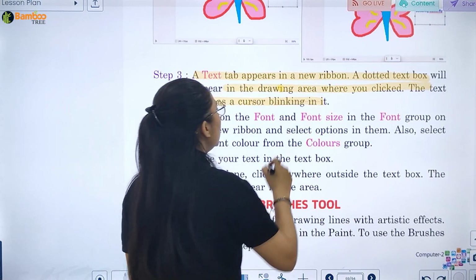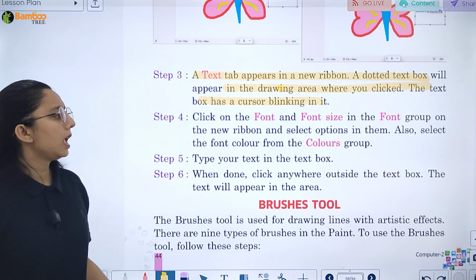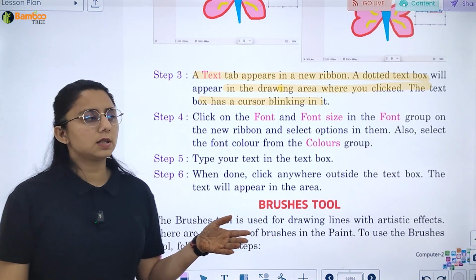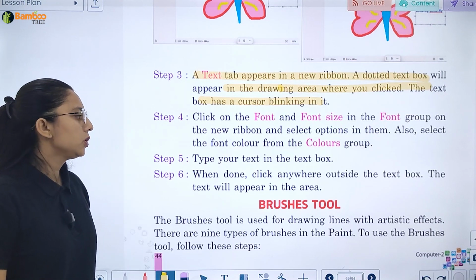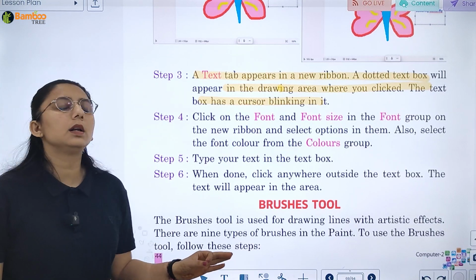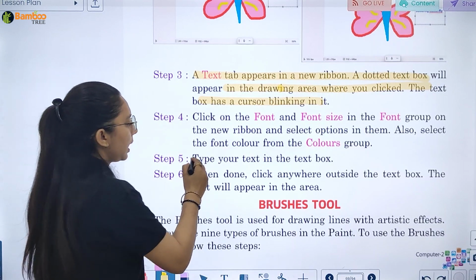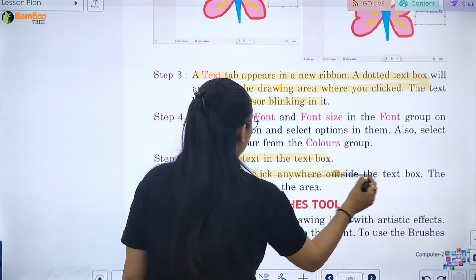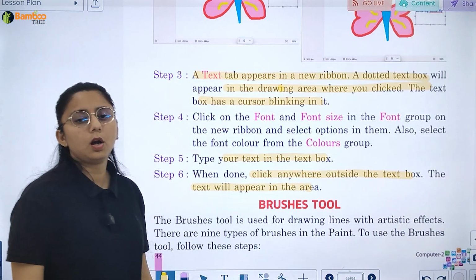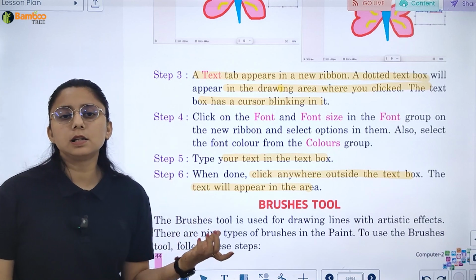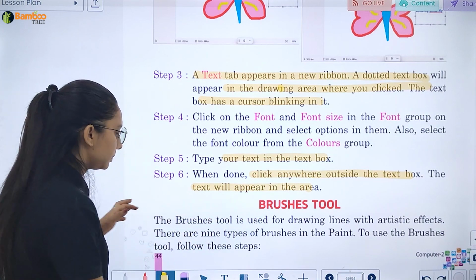The text box has a cursor blinking. Then click on the font and the font size in the font group in the new ribbon and select options in them, and also select the font color from the color group. Type your text in the text box. When done, click anywhere outside the text box. The text will appear in the area. और जिस area पे आप जहाँ पे भी text लिखोगे वहाँ पे आपको text दिखाई देगा.